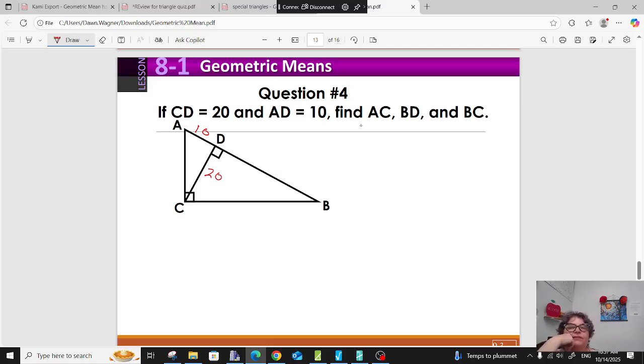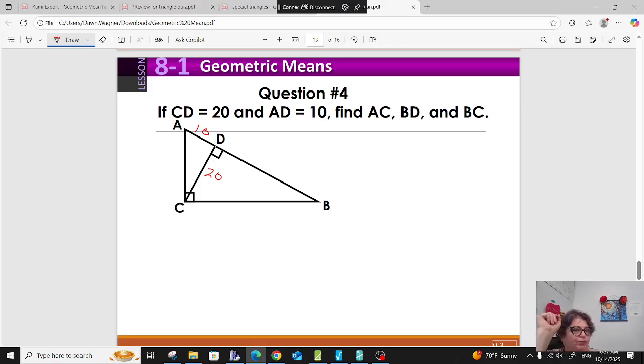It says here to find AC, but I don't have all the information yet because I'm missing AC. I'm missing the whole hypotenuse. I can't do AC first. Can I do BD first? Yes, because DC is case 1,